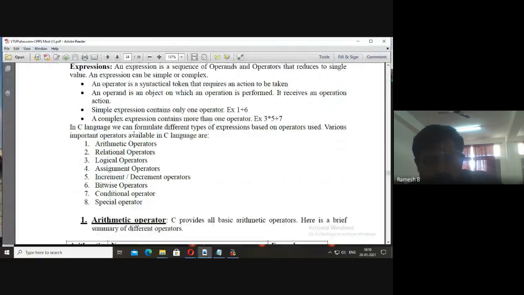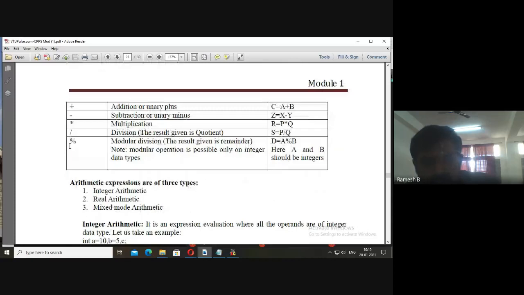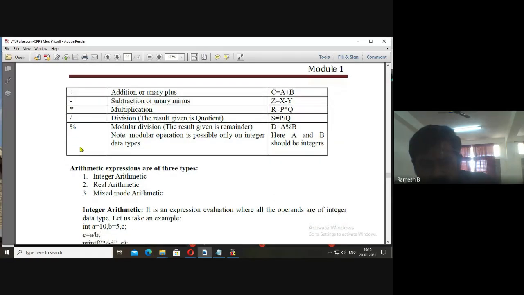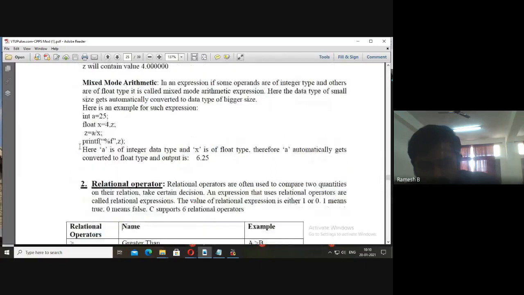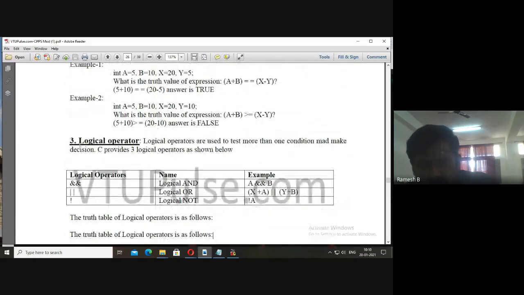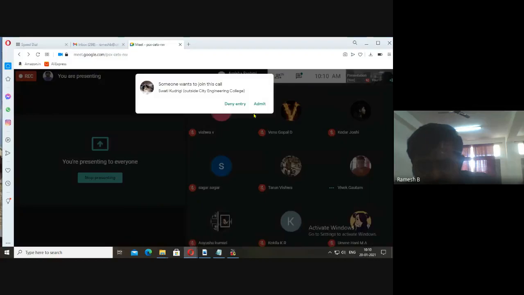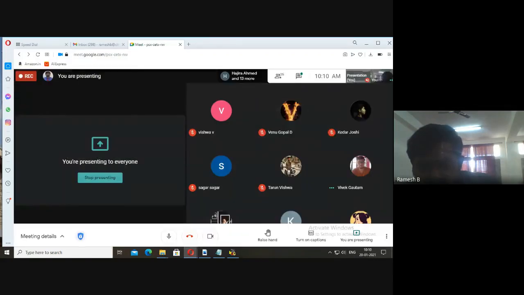Operators. I was telling you about arithmetic operators. Here you see the remainder. Similarly, relational operators, I told you about relational operators. In today's class, you are going to learn logical operators.